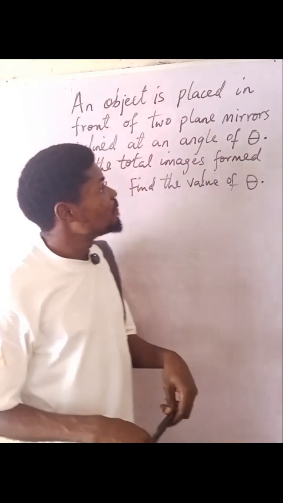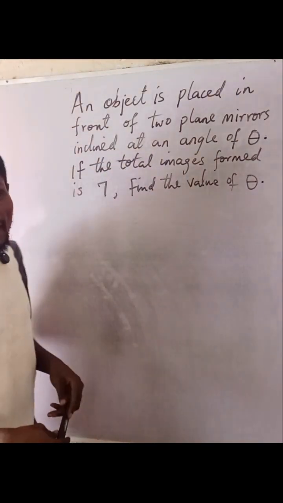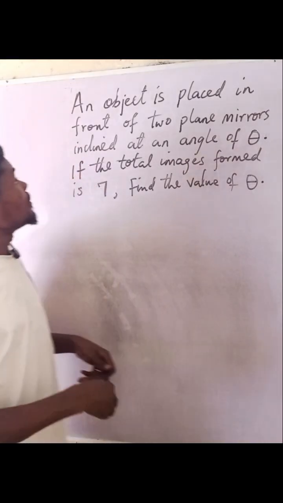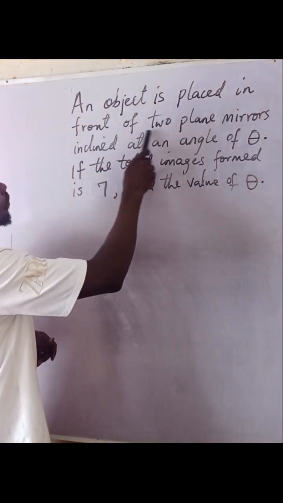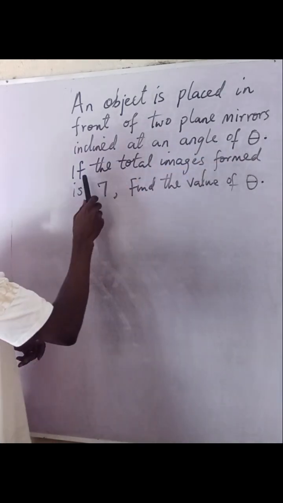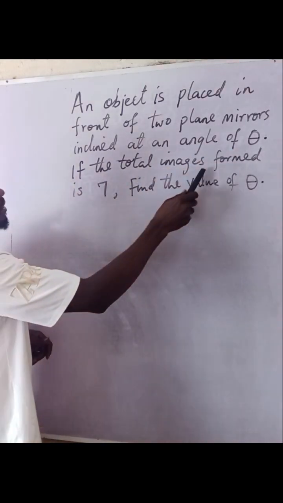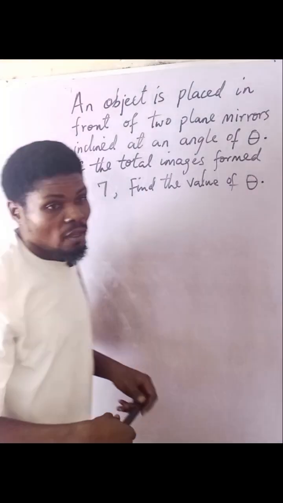All right, today we want to look at this very important question under light waves. It says, an object is placed in front of two plane mirrors inclined at an angle of theta. If the total images formed is 7, find the value of theta. Of course,